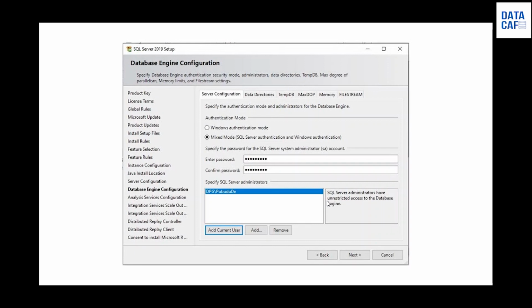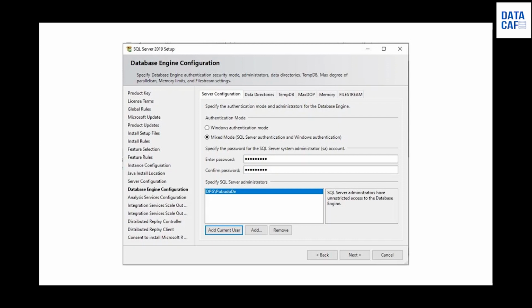Then you can see there is the database engine configuration. That is very important. You can see there are two authentication modes. One is Windows authentication mode, the other one is mixed mode. When you are installing SQL Server 2019, it is better to check the second option, which is mixed mode. So you can log in with SQL Server authentication as well as Windows authentication.